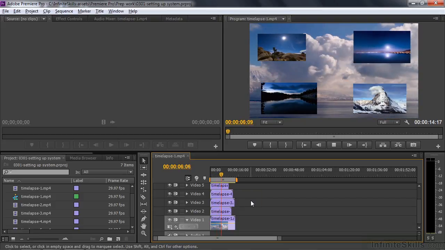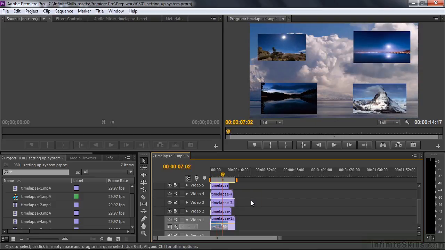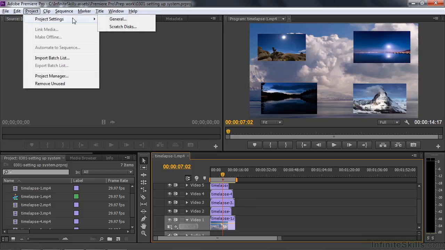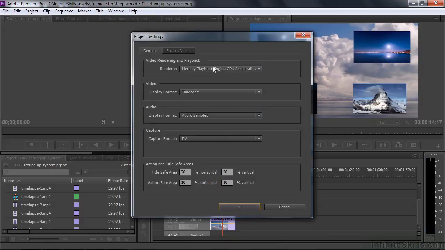Now, depending on how you're viewing this, you might not see it as smooth. It might look a little stuttered because of just the way that the tutorial videos are made, but it's playing back smoothly on my system. And if I turn off my graphics processing unit by going to Project Settings, General, and turn off my Mercury